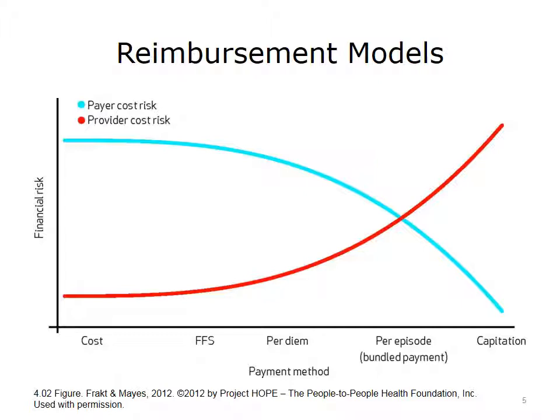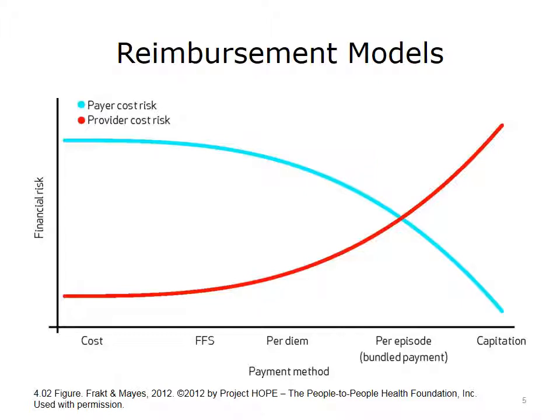to finally, on the far right side, capitation, where there is a fixed amount of money per person per year, usually expressed as a per member per month PMPM payment, when that person joins a health plan or HMO. The patient or employer pays a fixed amount of money to the health plan, who in turn pays the delivery system a fixed amount per month for care. And in return, the health plan and/or delivery system agrees to provide all the care that the patient requires during the period of time that they are a member.